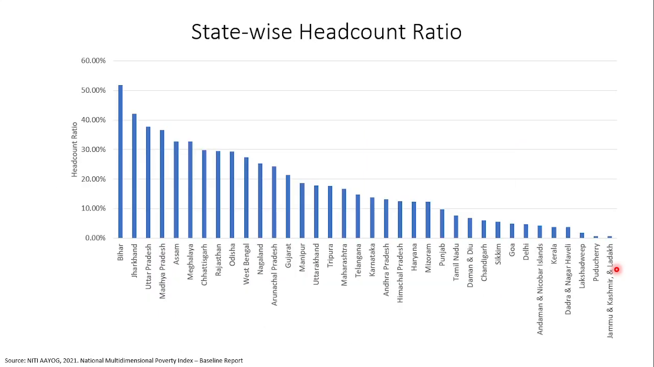So here's the state-wise headcount ratio. That is, what percentage of population is poor for each state. So you can see more than 50%. Bihar has performed really badly, unfortunately, 50%, followed by Jharkhand at around 42%, Uttar Pradesh